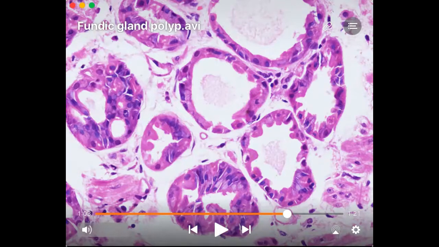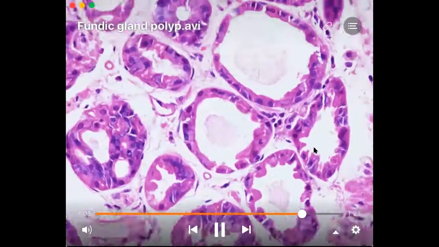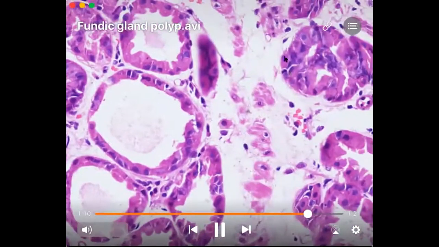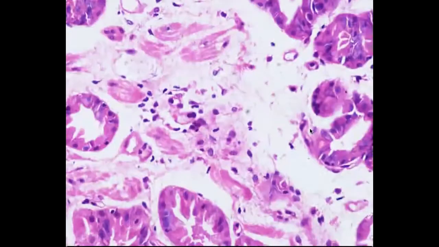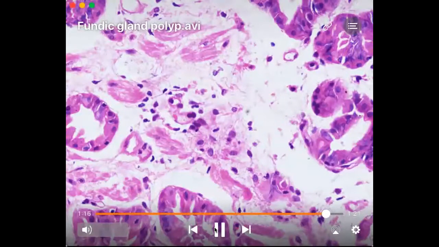Now, apart from these glands that are being seen in the stroma, the lamina propria is largely devoid of any inflammation. So, you do not see any significant inflammation in the lamina propria, and there is only a little edema and some sprinkling of lymphocytes here and there. But actually, the lamina propria is largely devoid of any inflammatory infiltrate. This feature is very important when we want to differentiate them from other types of polyps that we'll discuss subsequently, and those are the hyperplastic.